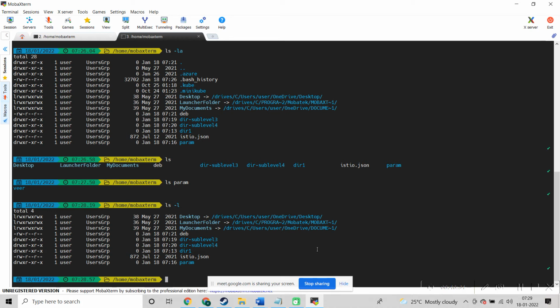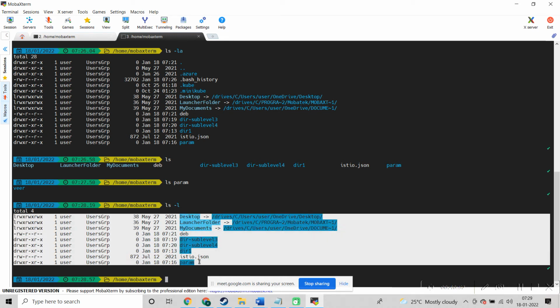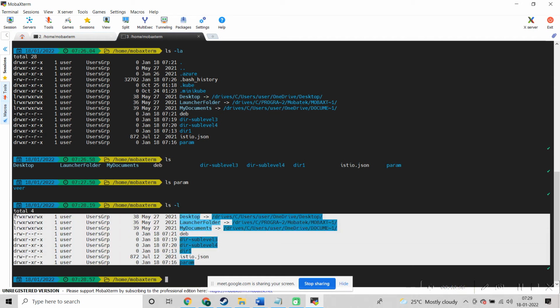When we say ls hyphen l, it shows the long listing. Long listing means the rest of the parameters too, the full structure of the file and how it is stored internally.